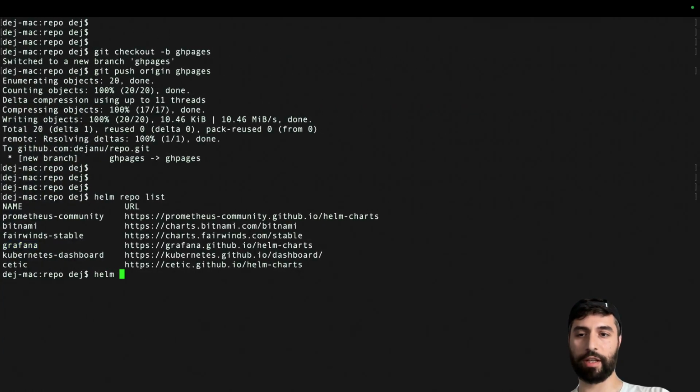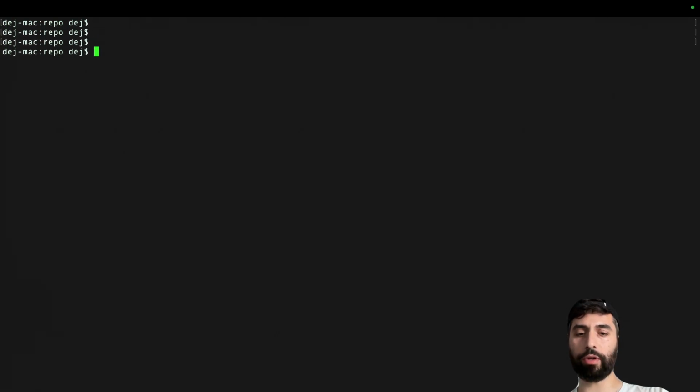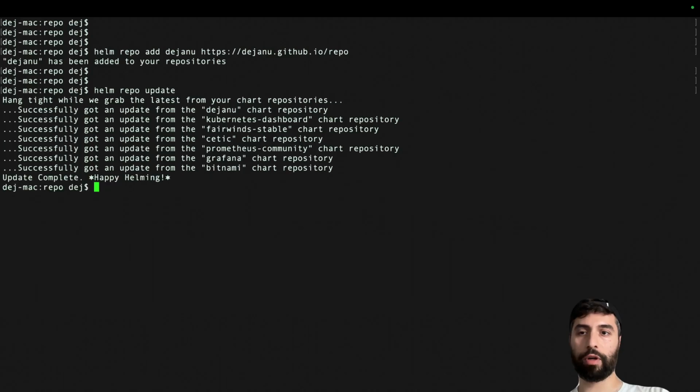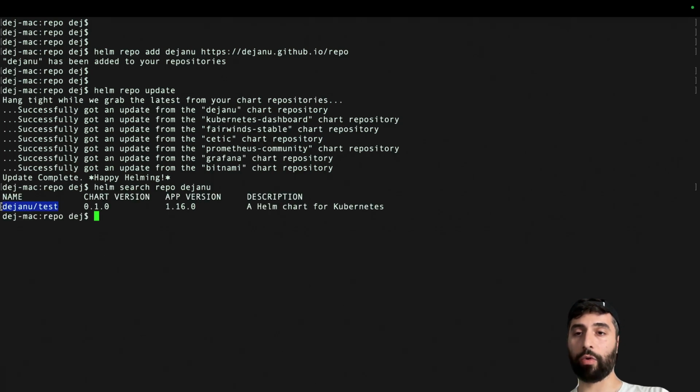So first things first, we're going to add our repository, right? So we need to helm repo add the name of the repository, meaning the username of your GitHub account, and here of course is, as we said, https://username.github.io/the name of the repository. Nice. If we do a helm repo update, we're going to proceed further and do a helm search repo. Let's do a search repo, and we can see that we have our test Helm chart inside our repository,